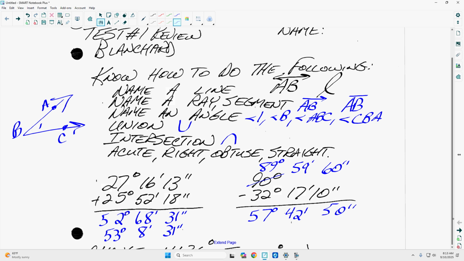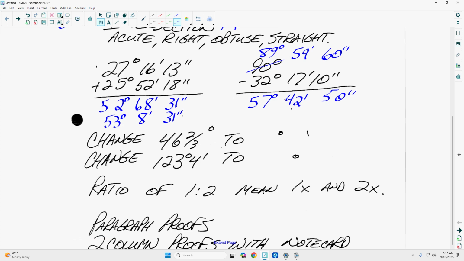Okay, if I said change 46 and 2/3 degrees into degrees and minutes, you're just going to take 2/3 times 60 and get 40. So it'd be 46 degrees, 40 minutes. If I wanted to go back to degrees, like make it a decimal, I would take the 4. So that was this one, right? But on this one, I would take